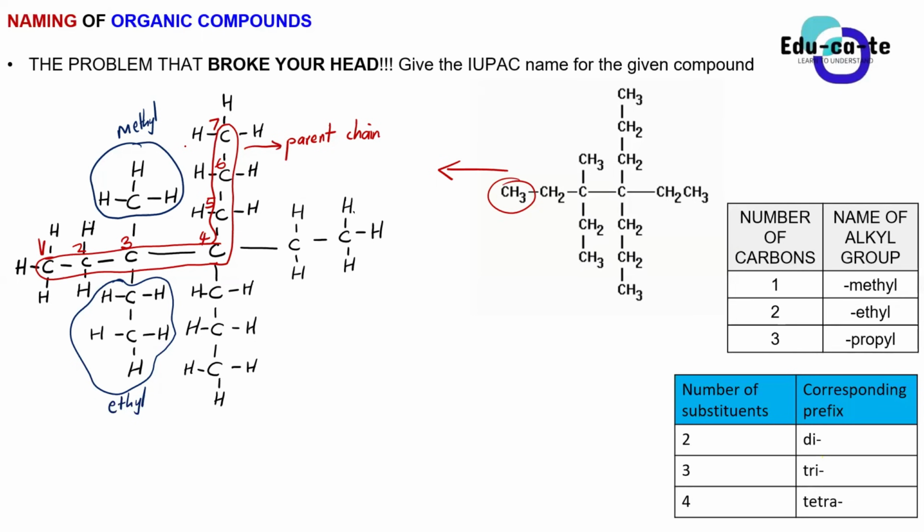What other substituents can you guys see from this structure provided? Yes, Orifa? So on carbon 4. Yes. What do we have on carbon 4? The first one that you are supposed to see is the ethyl, because it comes first before propyl. Yes, we have an ethyl there. You can see the propyl first. It only matters when it comes to naming. So we have got an ethyl there.